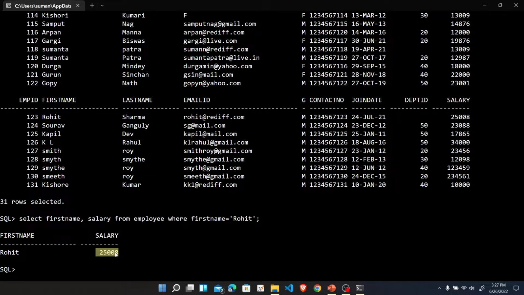Now if we want to get the names of the employees who earn salaries greater than Rohit, we can use a subquery, and that would be a single row subquery. Let's check the subquery. We are clearing the screen for a better view. So here select first name, comma, salary from employee